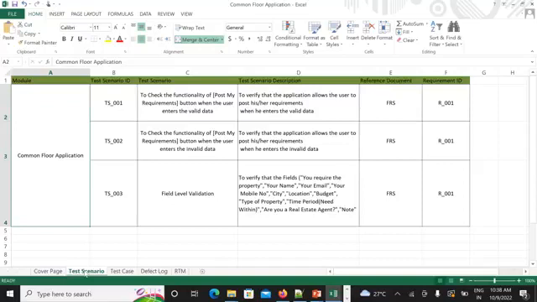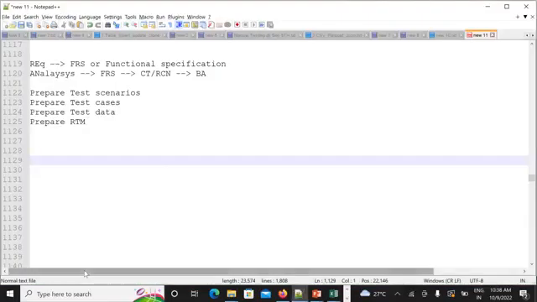Yeah, tell me. Yeah, actually, I have a doubt, sir. In Tosca, you showed something, right? So in that we will work, right, in Tosca. But in manual testing, will we work through Excel only, or do we need an application or something like that? See here, whenever you are writing the test scenarios, test cases, or the requirement traceability matrix,